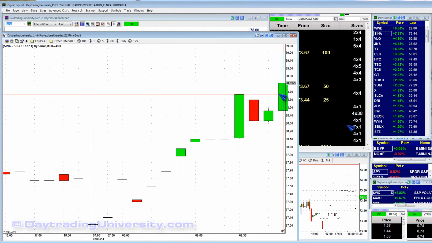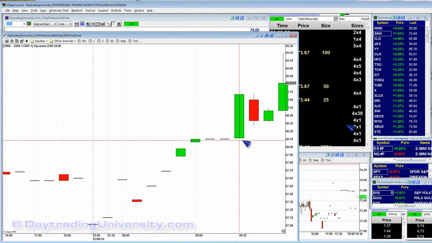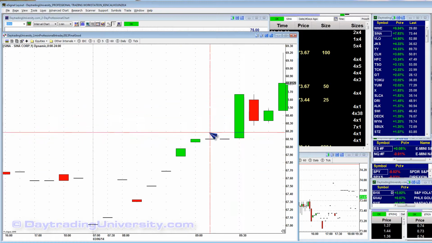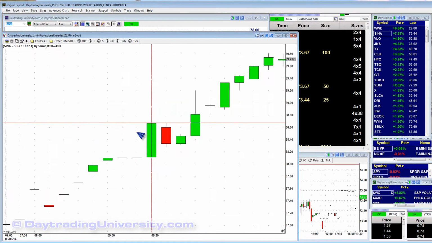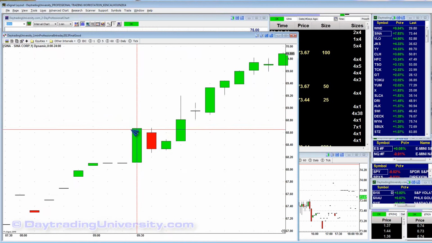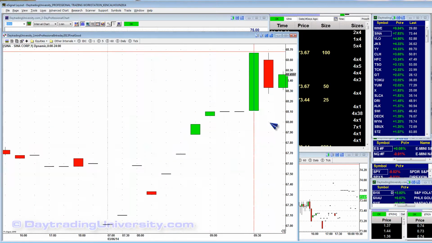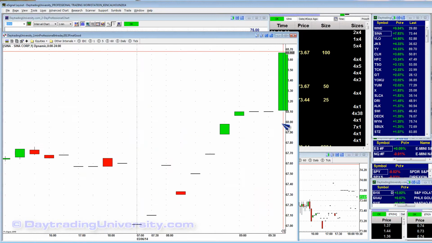Always look for these micro cups during the first 5 minutes. And one of the quick write-downs is look at how large the whole real body of the candle is at 9:30 on whatever you're looking to trade. If it's a wide range, meaning it's bigger than the pre-market candles, then that's usually good for a long play at new highs. You can set your order flow in at 8 to 15 cents above the high of that candle, right? So if I were to, let's say I'm looking at this thing pre-market,